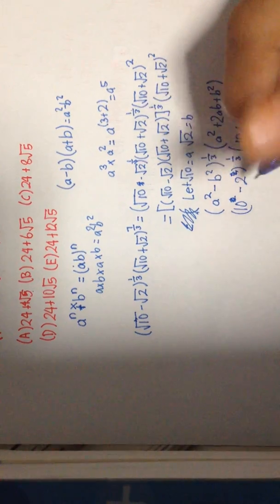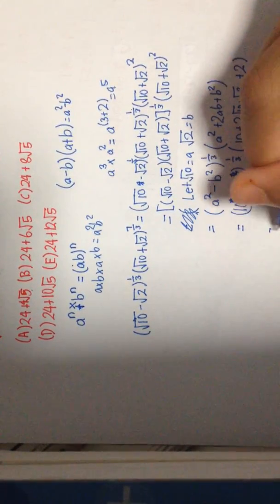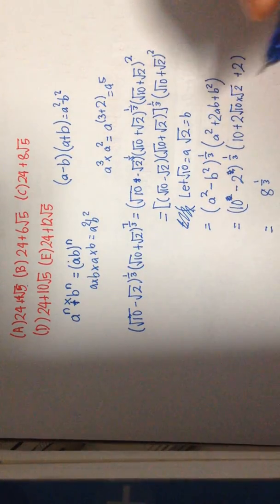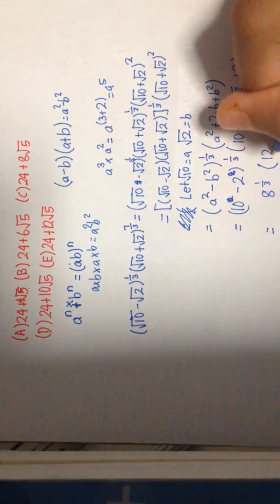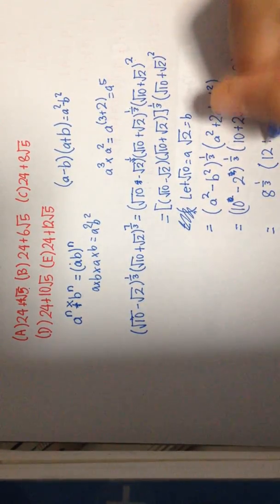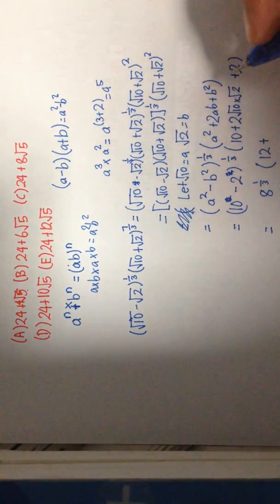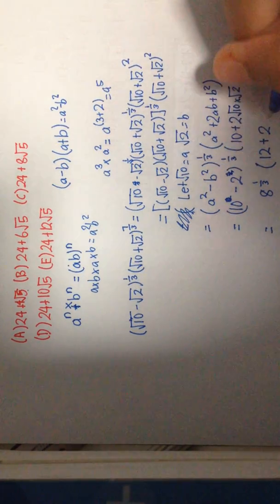Now, what do I do after that? This is equal to 8 to the power of 1/3 multiplied by 12 plus 12 plus 2 times